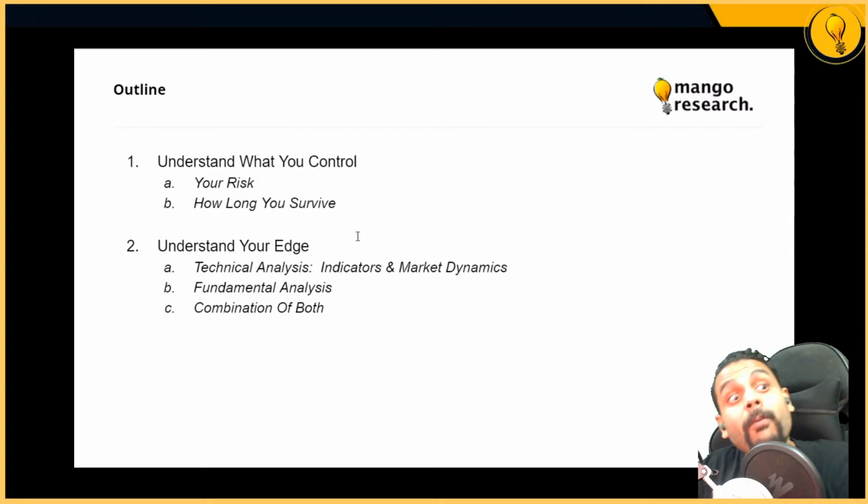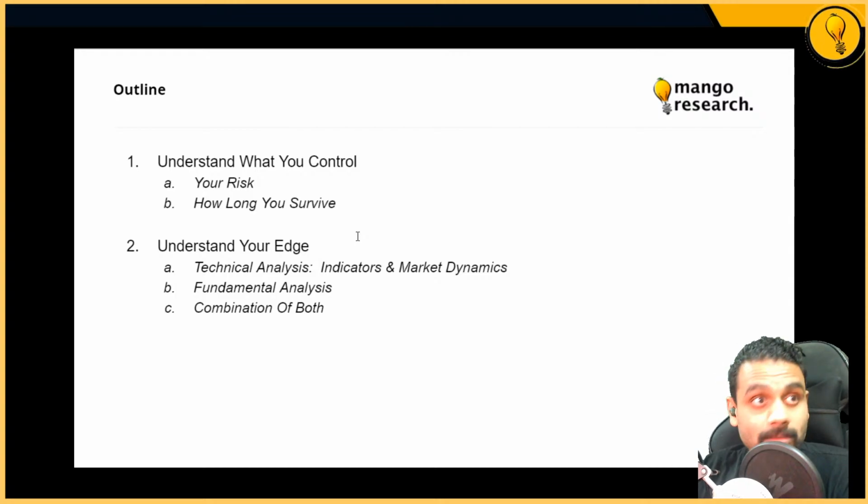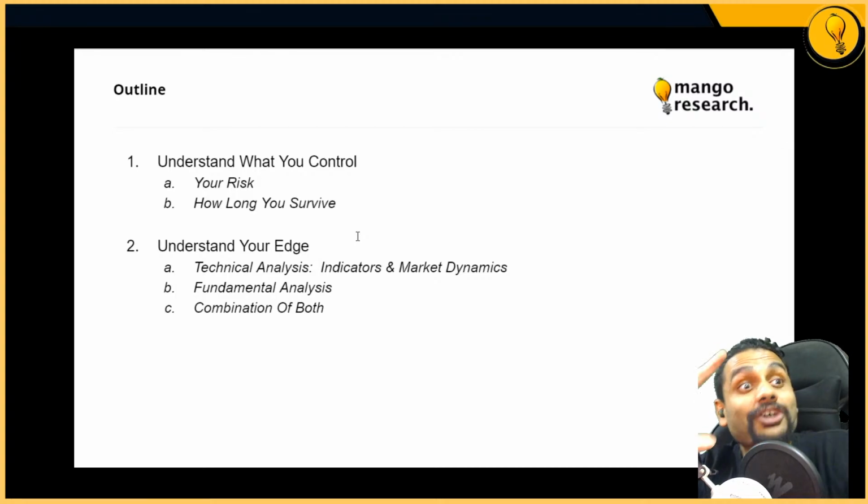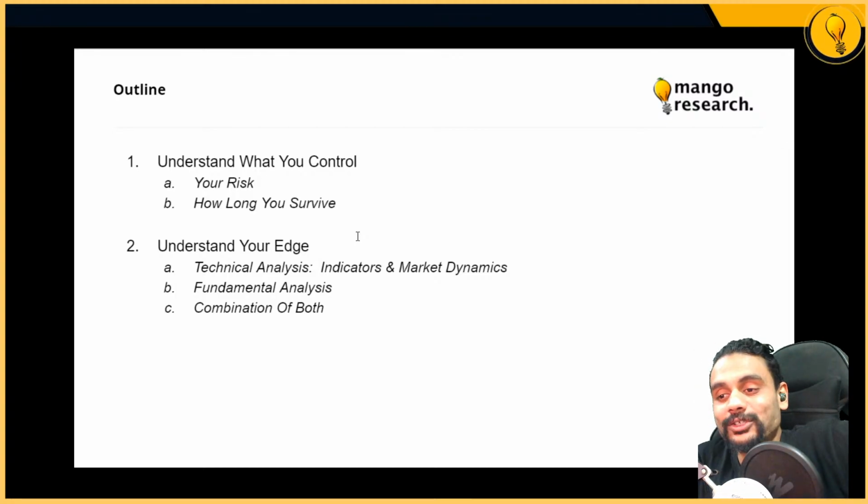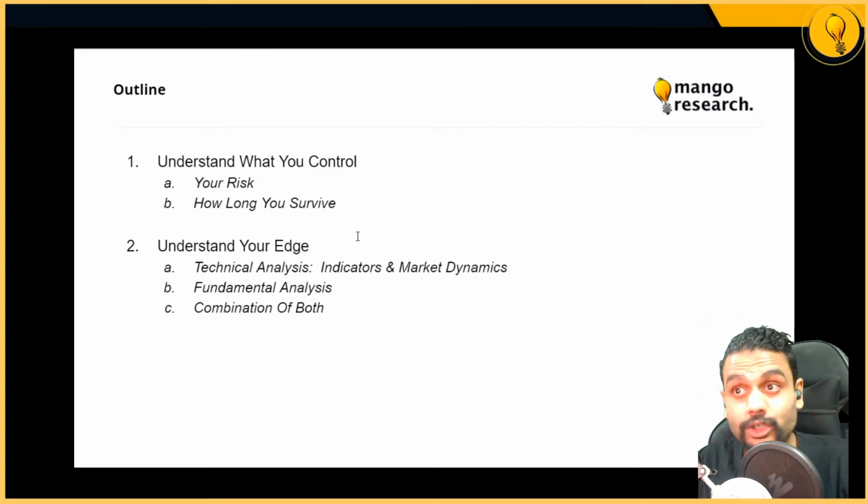No, edge just means that you have a probability of winning over the rest of the market participants. Your edge is not a certainty. It just gives you an edge over the rest of the market. Whether it be technical analysis or fundamental analysis, your edge is never, ever, ever certain. That's the first thing you need to understand, because even if you are right, the market is righter. That's a phrase I like to use with Krusha. Essentially, you're wrong, because the market is always right.